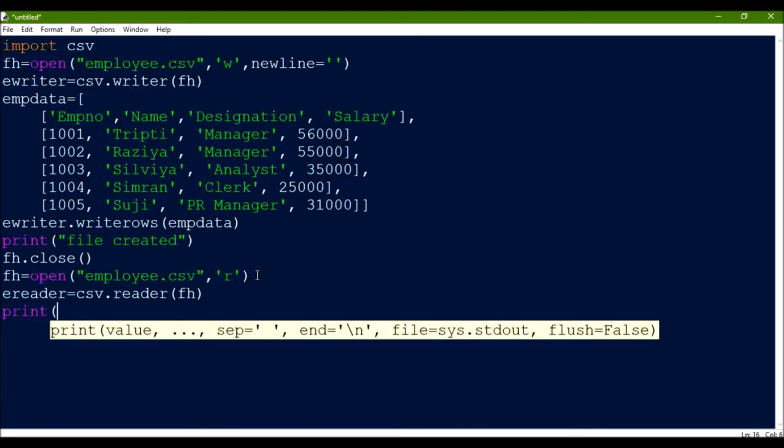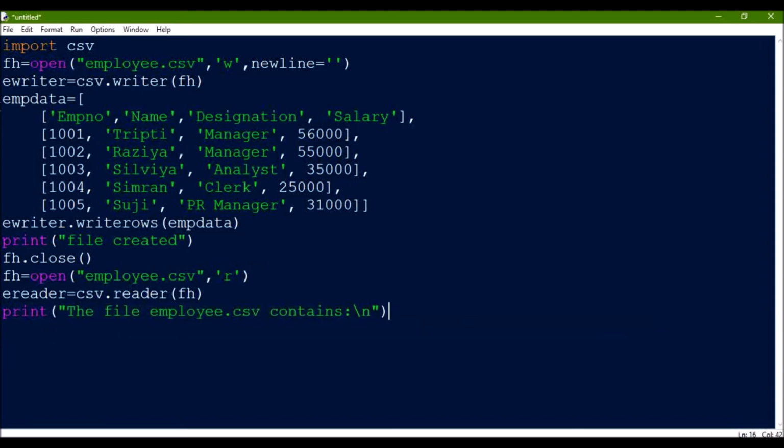So print the file employee.csv contains, and whatever data is there I can print in a new line, and here also I can give a newline character so that messages are separated. Then after that I have to print the data.